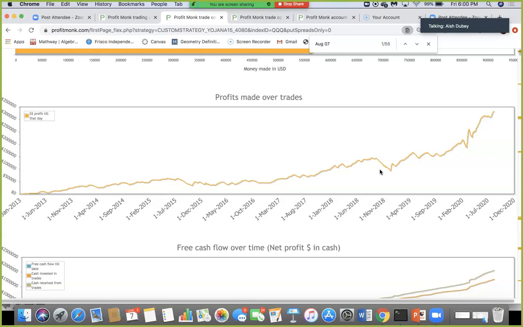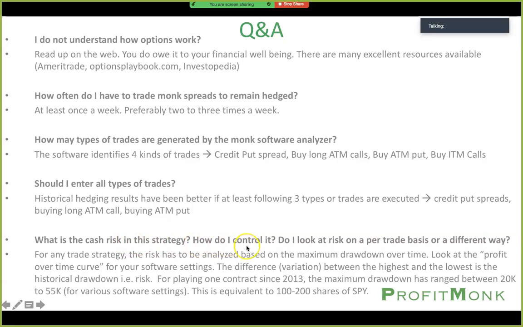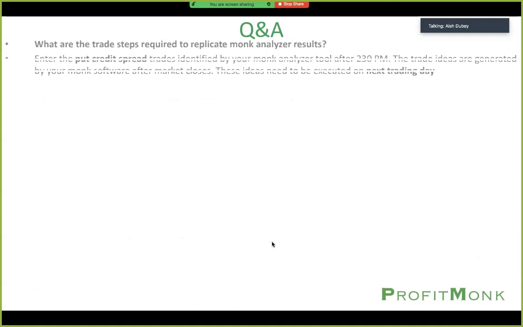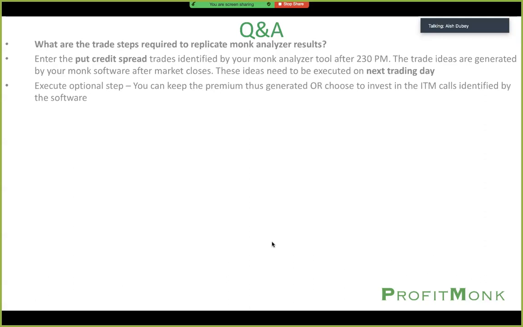So you have to look at this whole thing as a combination of how your portfolio is doing and how your hedges are doing. Although some people can actually just play these hedges and keep the portfolio totally separate, and even that is, I would say, an acceptable model. So that's the cash risk in the strategy. You can control it in many different ways by changing the number of contracts, by changing how frequently you're trading, but you have to be disciplined about this trading to make persistent profits.